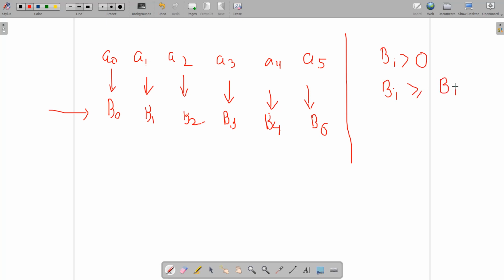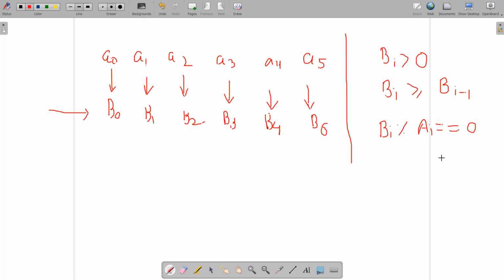You need to take care of that also. And also you need to ensure that bi modulus ai must be exactly equal to 0. It means that ai must be dividing the corresponding value present at that index of array B, that is, ai must be dividing bi. That's why the remainder is 0.